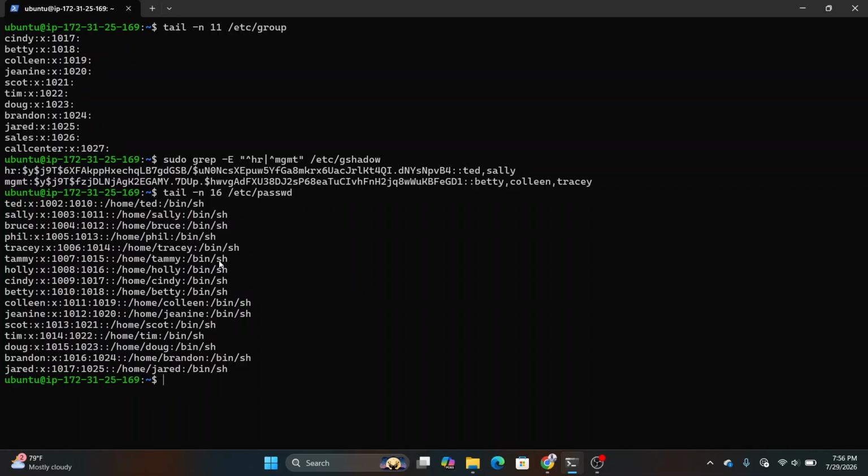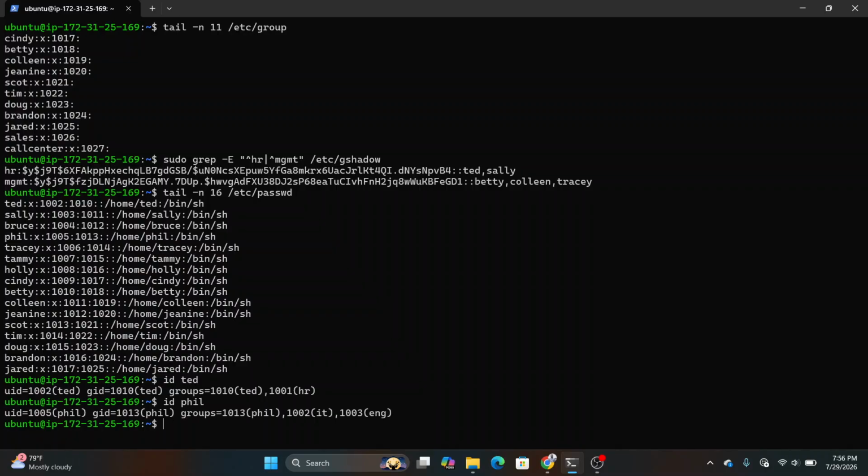Then I also assigned them to their respective groups. So if I run id Ted to confirm which membership Ted belongs to, it shows that he belongs to the HR membership. id Few, as you can see, belongs in engineering. id Doug,